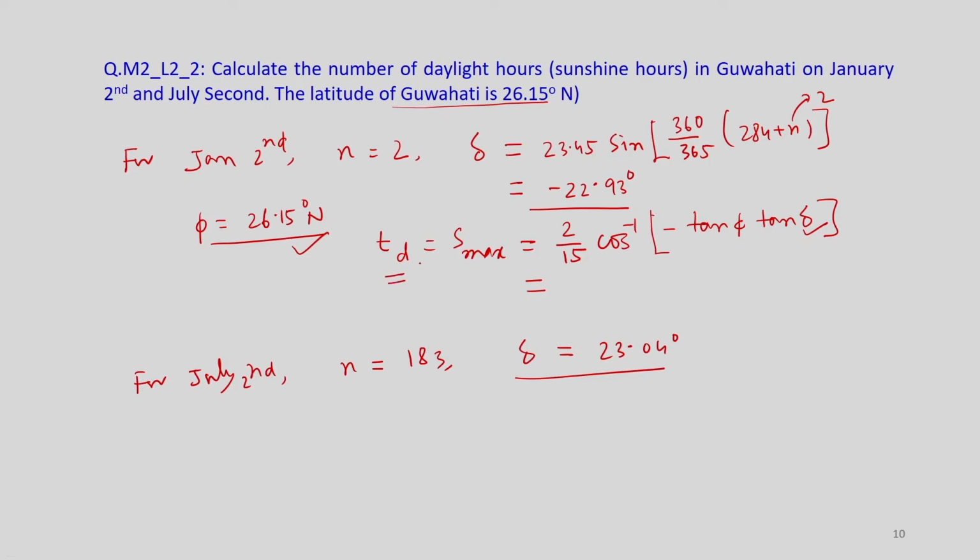So, this will be the daylight hours for January 2nd will be 10.40 hours,